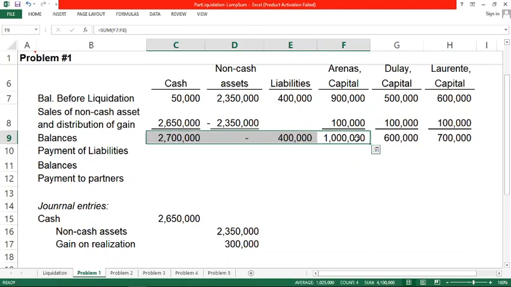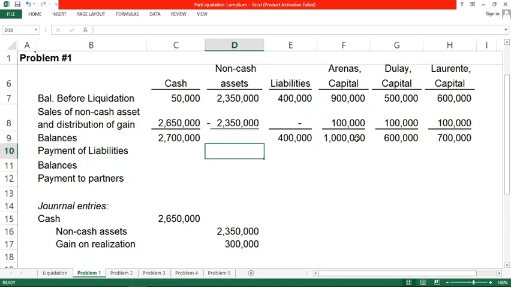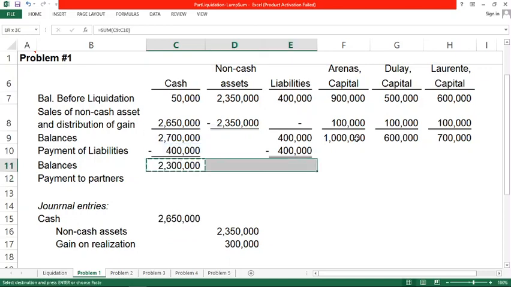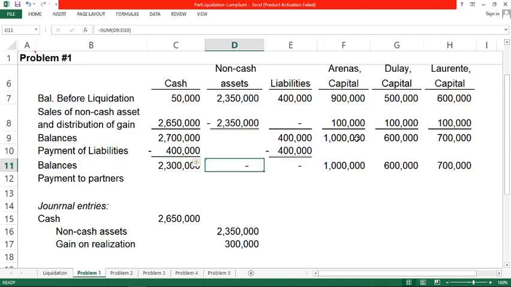And the same as here, we will consider the other items in the statement of liquidation. Now, we have this 2.7 cash after sale of all non-cash asset. Remember, all, because we are using lump sum method. And then let us now pay all the liabilities. So far, we have 2.7 cash. So after that, we now have a balance of 2.3 million to be distributed